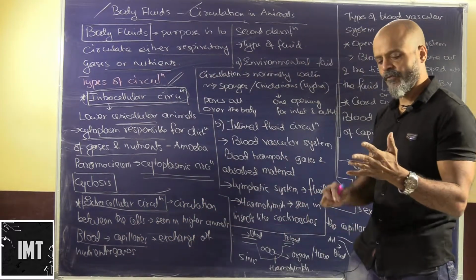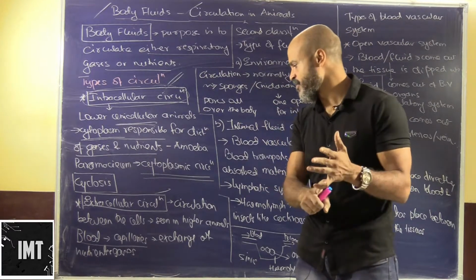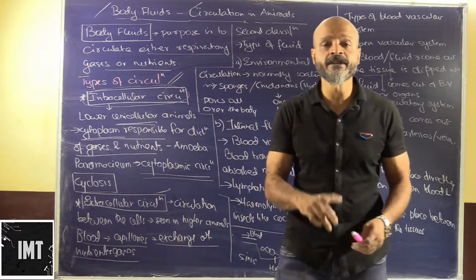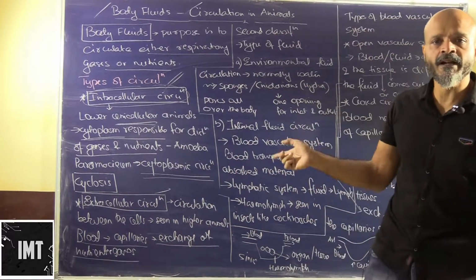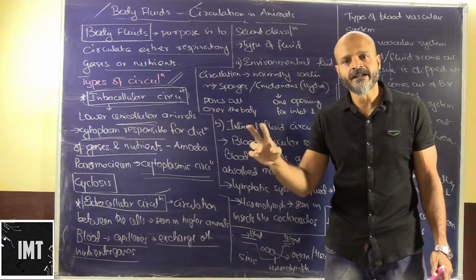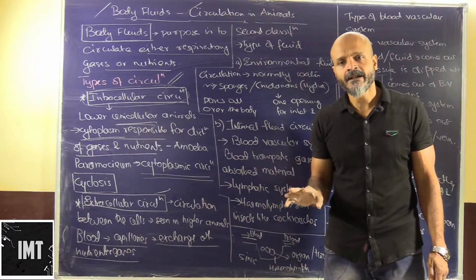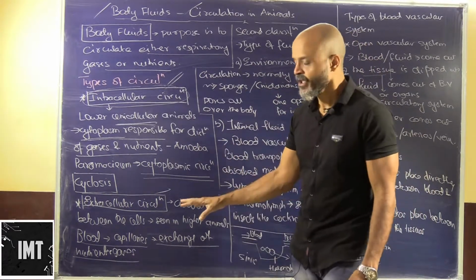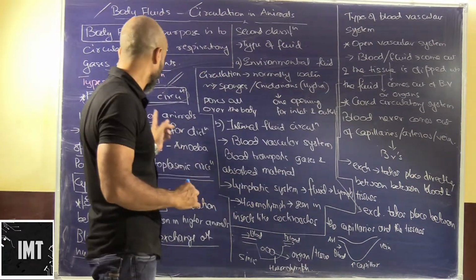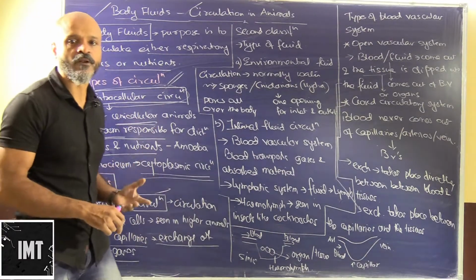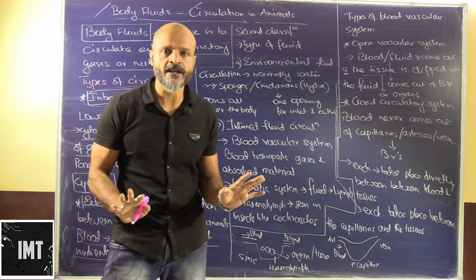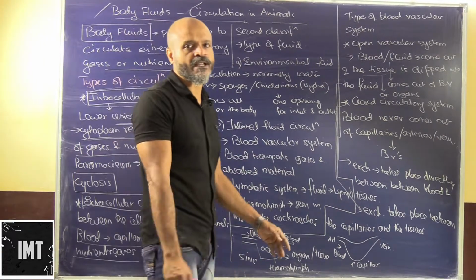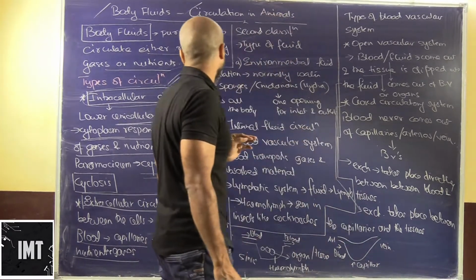Here the blood flows into arteries, from arteries it moves on to the capillaries, and here the exchange of nutrients and gases happens. So there is a separate fluid, that is blood, which is carrying the gases, that is oxygen, and it is also carrying the nutrients as well. So that's how the exchange takes place. So it's not intracellular, it is extracellular. It happens outside the cell. There is no involvement of cytoplasm here. Here, primarily the cytoplasm is involved. So this is one type of classification of circulation.